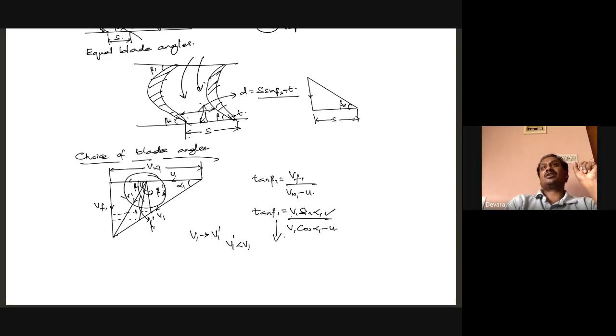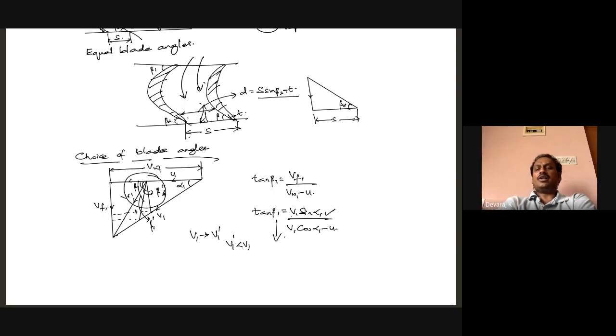So for this condition, the whole velocity triangles will become smaller, which is an indication that the power developed gets reduced. So part load condition versus full load condition: suppose I have a steam power plant generating 500 megawatt, that's your maximum power capacity. Sometimes I may have to run it at part load, say 200 megawatts. At that condition, I won't be sending the steam at the same velocity that I used to send. I may send it at a few percentage, 30%, 40%, 50% of it, but still my turbine will be working and it will be generating the power.